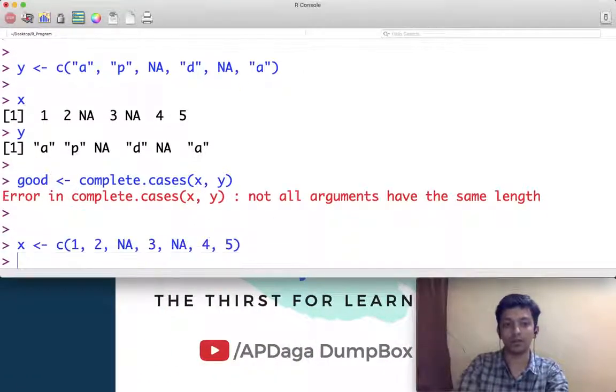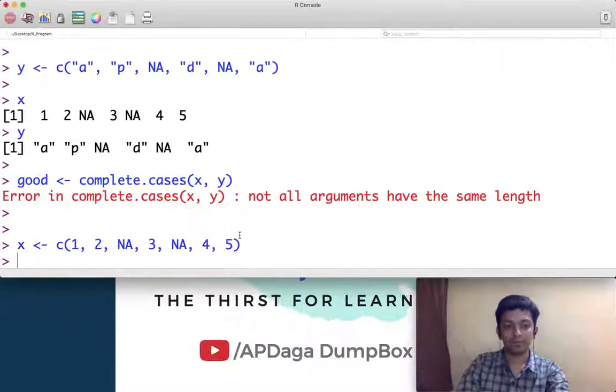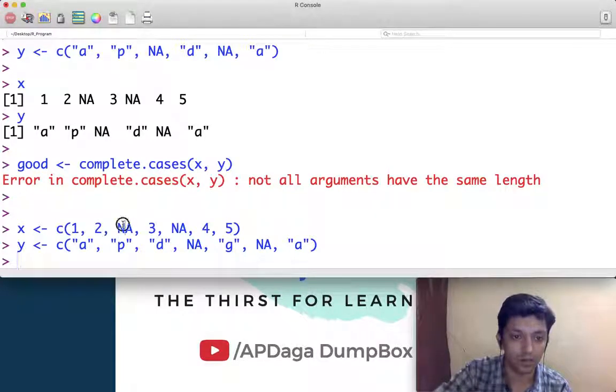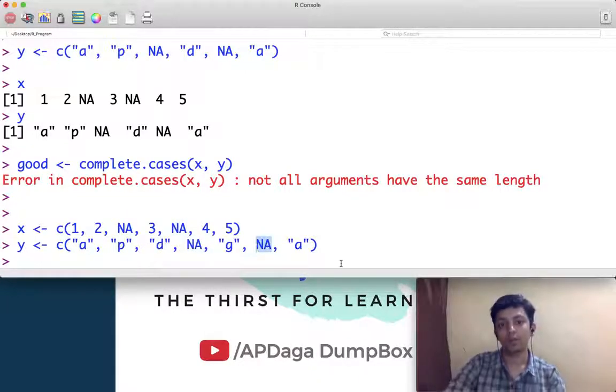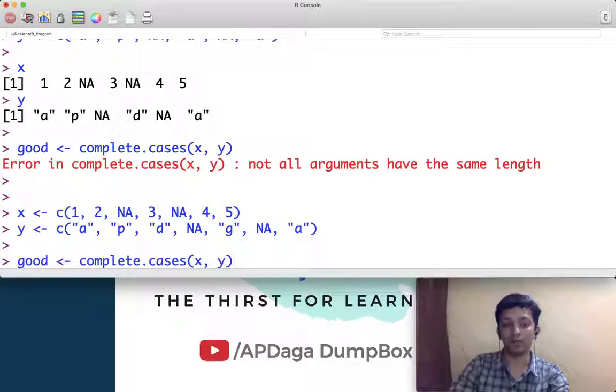Now I will take the second case. In the second case also the length of x vector and y vector is the same, but here you can see the third element is NA and the fifth element is NA, while in y the fourth and sixth elements are NA.